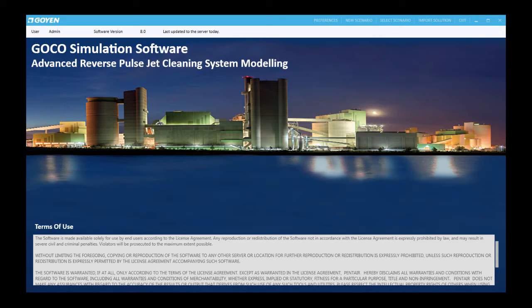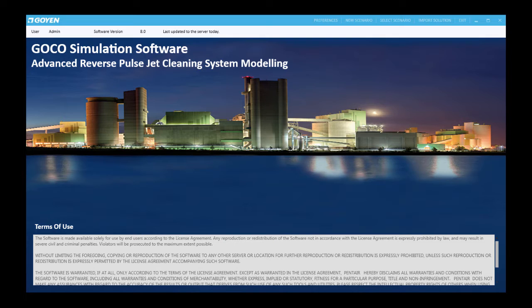In this video you will learn about the filter selection section in the GOCO scenario options section for a new or existing scenario, and we'll be focusing on the subsection of filter selection. On the Select Filter drop-down menu you will see in a few moments time that there are three different options to choose from. There is the bag, cartridge and pleated bag filter option. For the present case, we'll be using the pleated bag filter option, as this is the purpose of this instructional